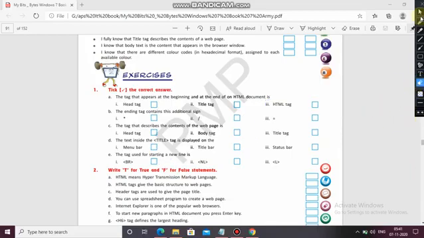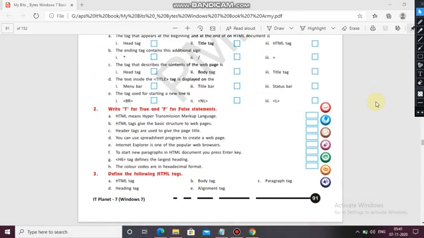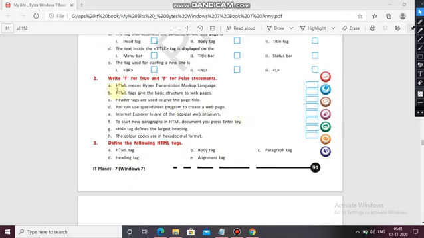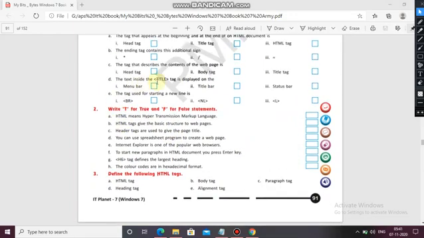Now next, true or false. A: HTML means hyper transmission markup language. Does it mean this? No. The full form of HTML is hyper, and instead of transmission, it is written text. Hypertext markup language.